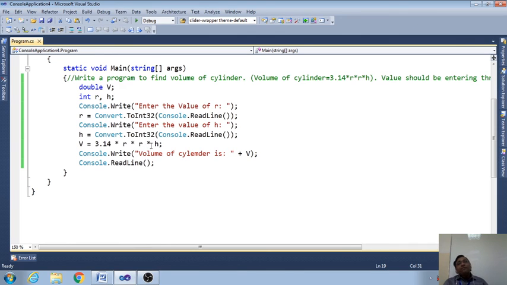It means there is some problem in the logic. So if the program is not giving an error, it doesn't mean there is no problem. Problems may happen in the syntax, in your logic, or in the calculation.